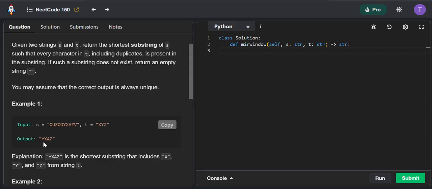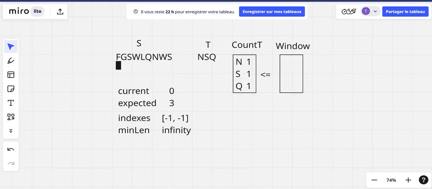So for example, in example 1, we have Y, X, A, and Z, which is this sequence here. And this is the shortest sequence that includes T, basically all the characters X, Y, and Z from T. Okay, so